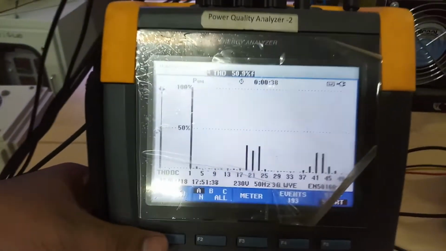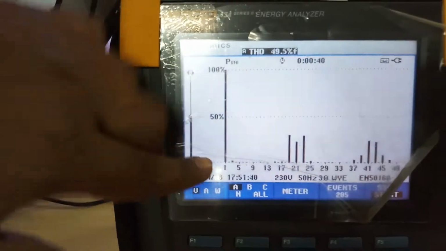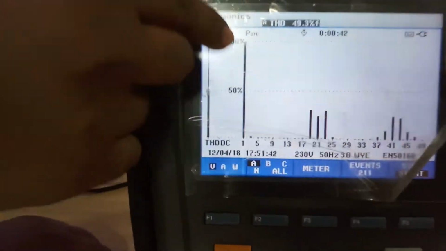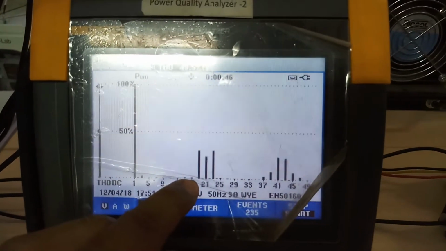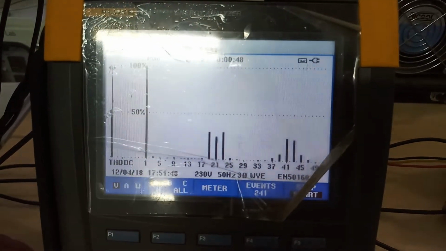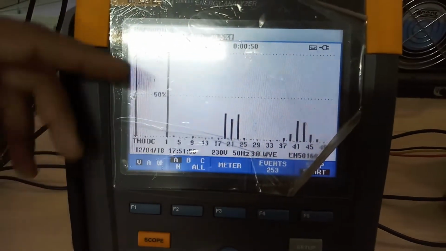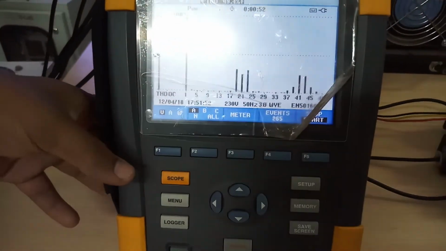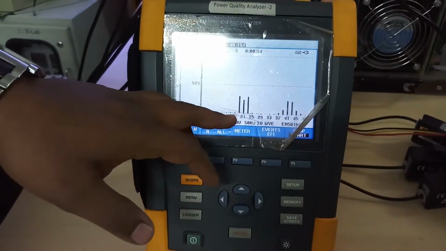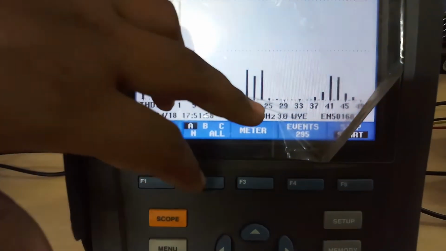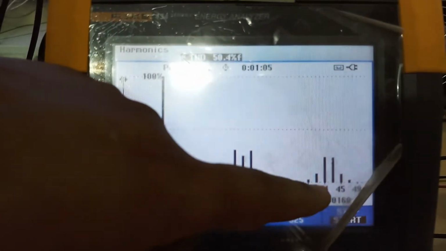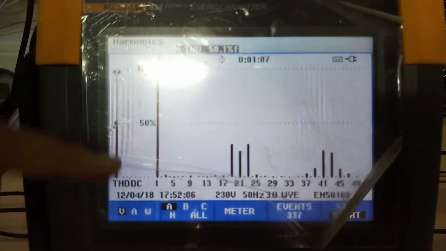This is the voltage harmonics of the induction motor drive. We will see that the fundamental is 100% and the major harmonics will be nearly 19th and 23rd order. Since I have given a switching frequency of 1050, which will be 21st order, the sidebands 19th and 23rd order will be maximum. After that there will be maxima at the 39th order and 43rd order.